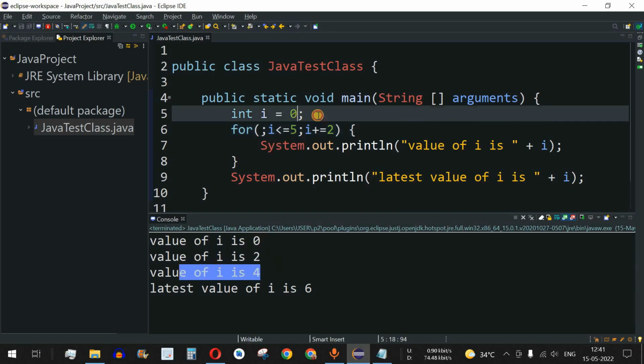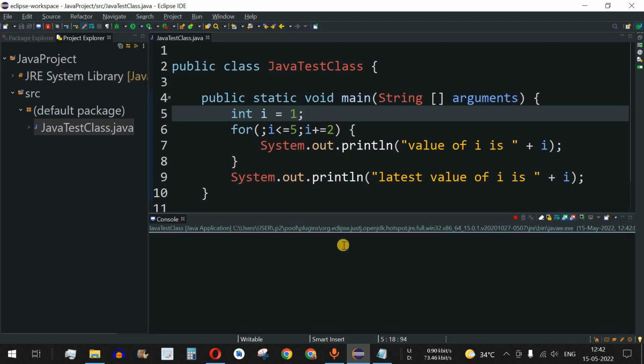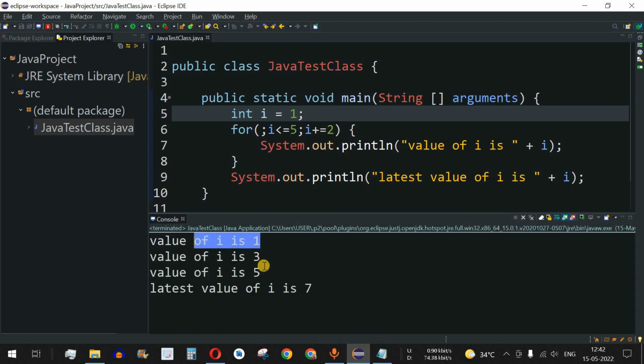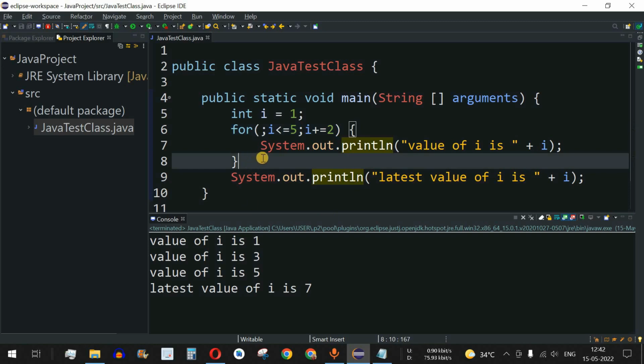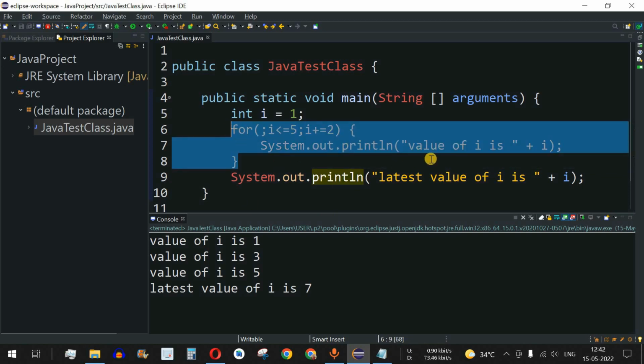Let us check another example where we want to print the odd numbers. So let's say i starts from 1, and then we increment it by 2 every time. Let me save this file and try running this code. As we can see, we have 1 and then 3 and then 5 and then 7. All are the odd numbers. That's because we started with the odd number, that is 1, and then we incremented the value of i by 2 every time. So guys, in this way we can easily use the for loop in order to repeat some